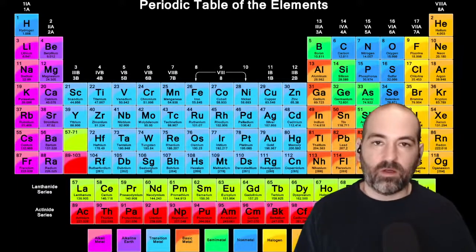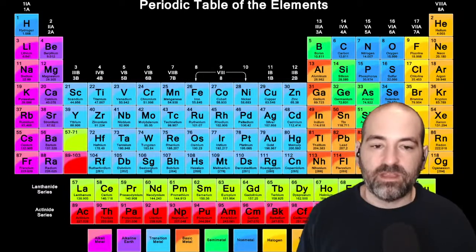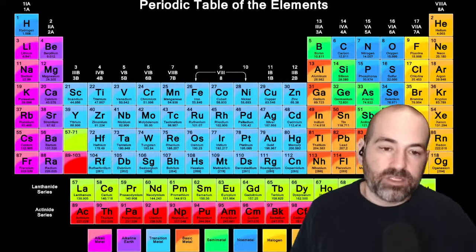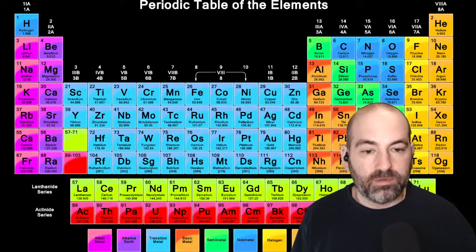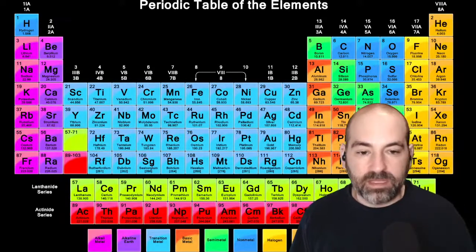So instead of saying, oh, this is always +1 or always +2, an element like iron, Fe number 26, sometimes is +2, sometimes is +3. Some of these other elements can have even more different charges than that. So that makes it a little bit